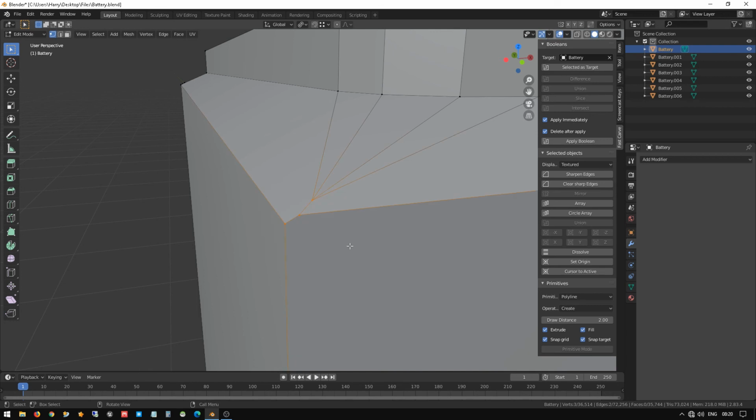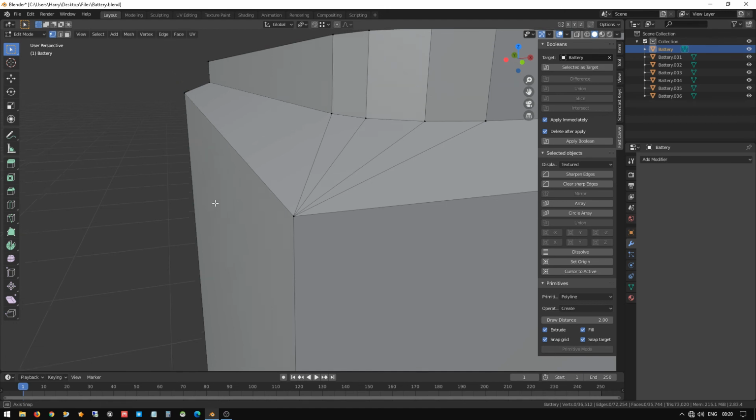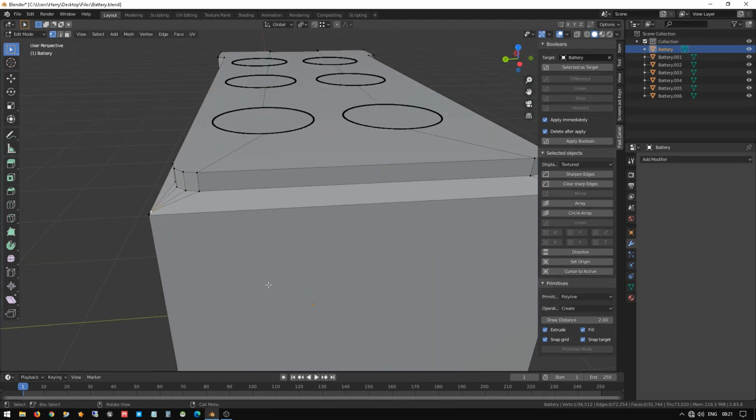select all these three vertices, press M and merge it. Okay, I can do one thing here. You can select this vertex first, then this is the last. Press M, merge at last. So it will merge all the vertices into a single vertex at the last one we selected. So the same way we have to do it here.